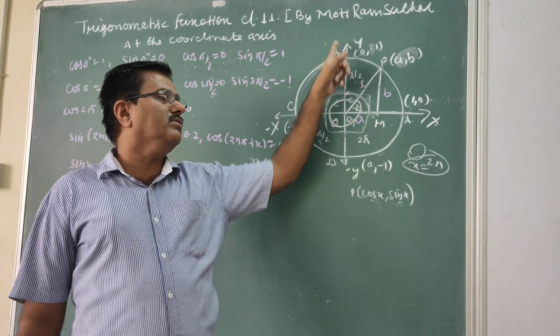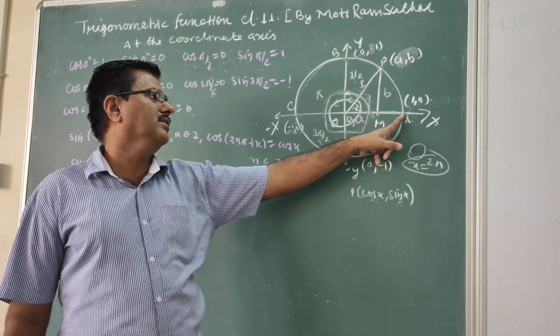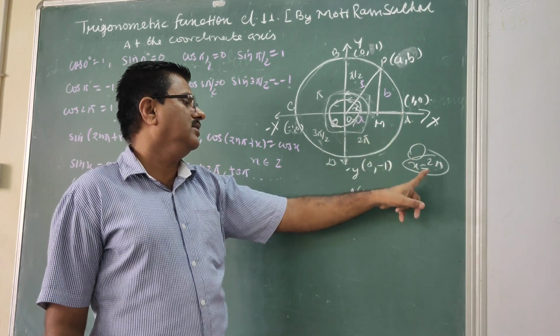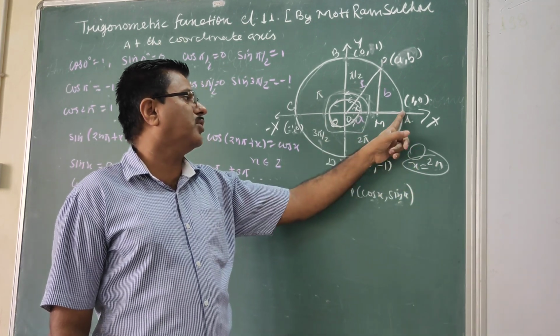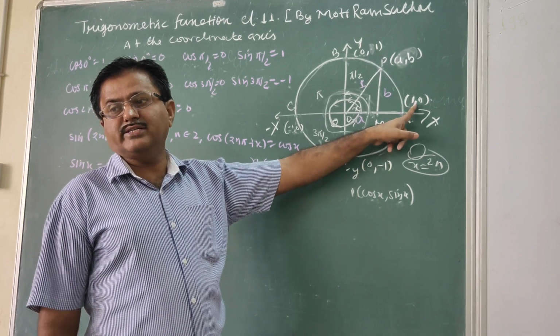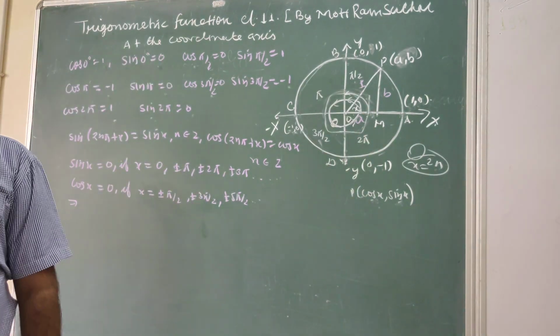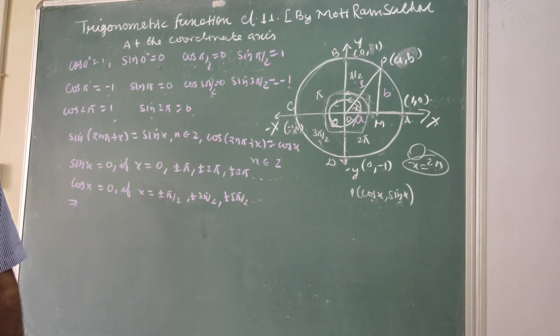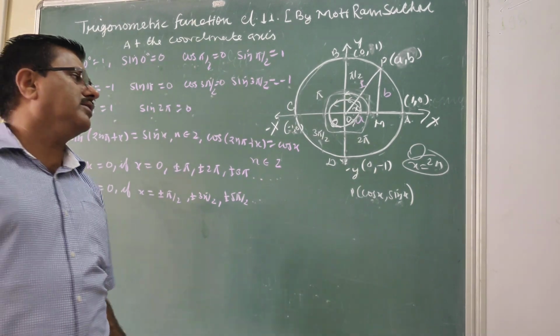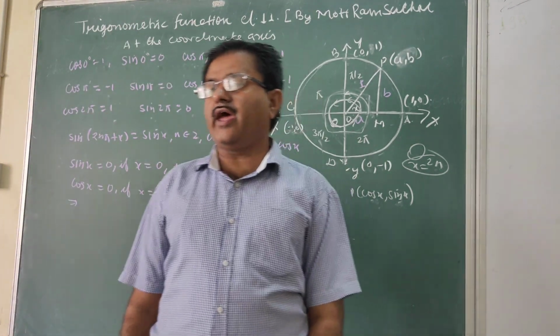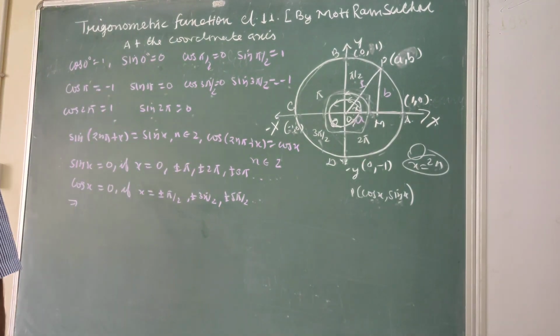Again, if you complete one round, it will be a total of 2 rounds taken. After 2 revolutions, we can say the value of sin 4 pi, because this point is at A, so the coordinates are again the same. So sin 4 pi is 0, cos 4 pi is 1. After completing one round, in the second round whatever point moves, that value will be the same as in the first. Means after one complete round, sin x and cos x are repeated. Clear?